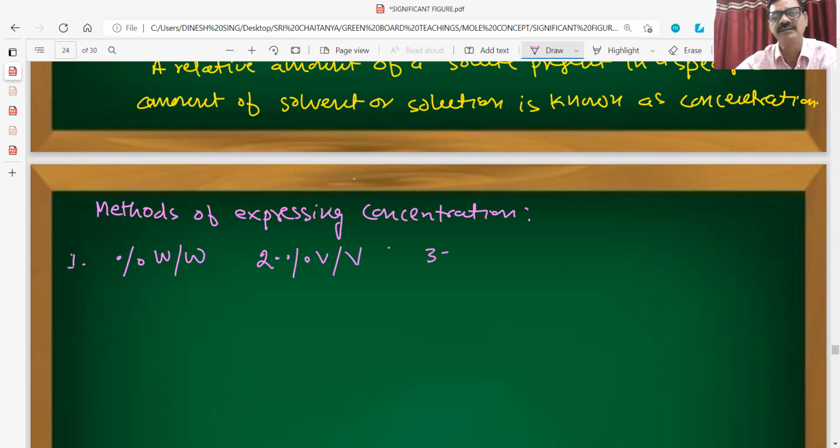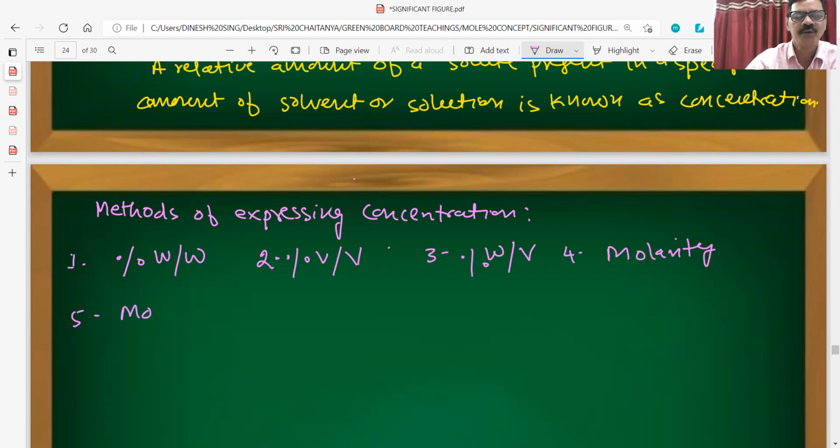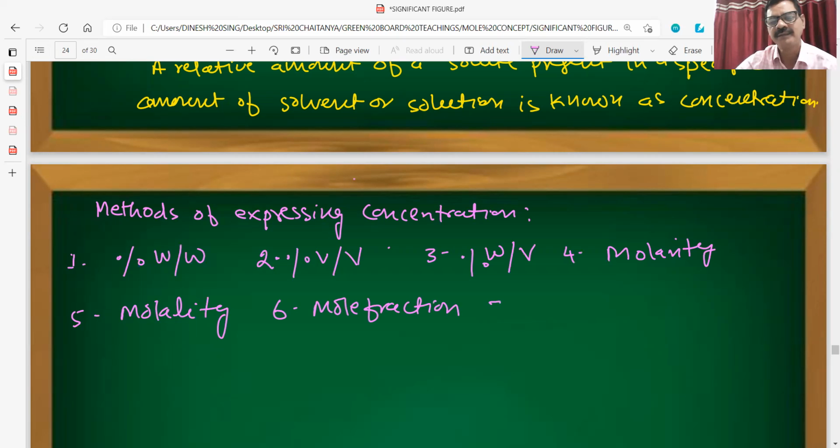The third one is weight by volume percent. The fourth method is molarity. The fifth method is molality. The sixth method is mole fraction. The seventh method is